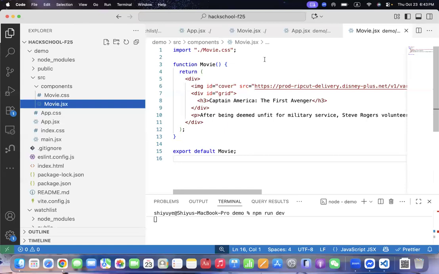We have an image, and this image has a specific source. If you visit this source, you'll be able to see a Captain America poster or something like that. It also has a header that contains the movie's name, Captain America: The First Avenger, and a very brief description of what this movie is about. So you can read it if you're interested. So that is very straightforward, how we create a